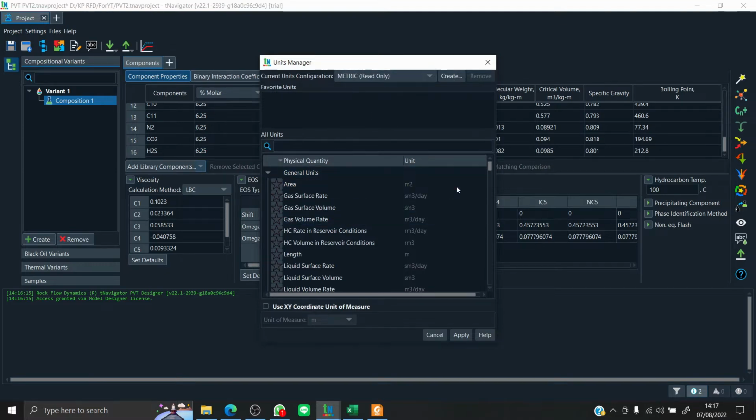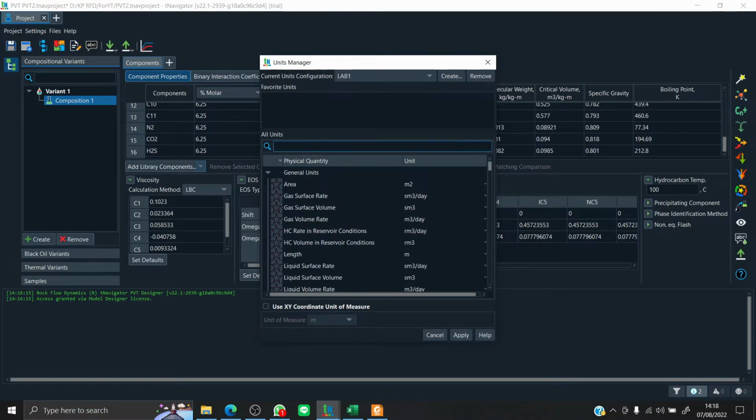The default unit here is metric, but we are going to create our custom unit system. Let's call it the lab 1 unit system.